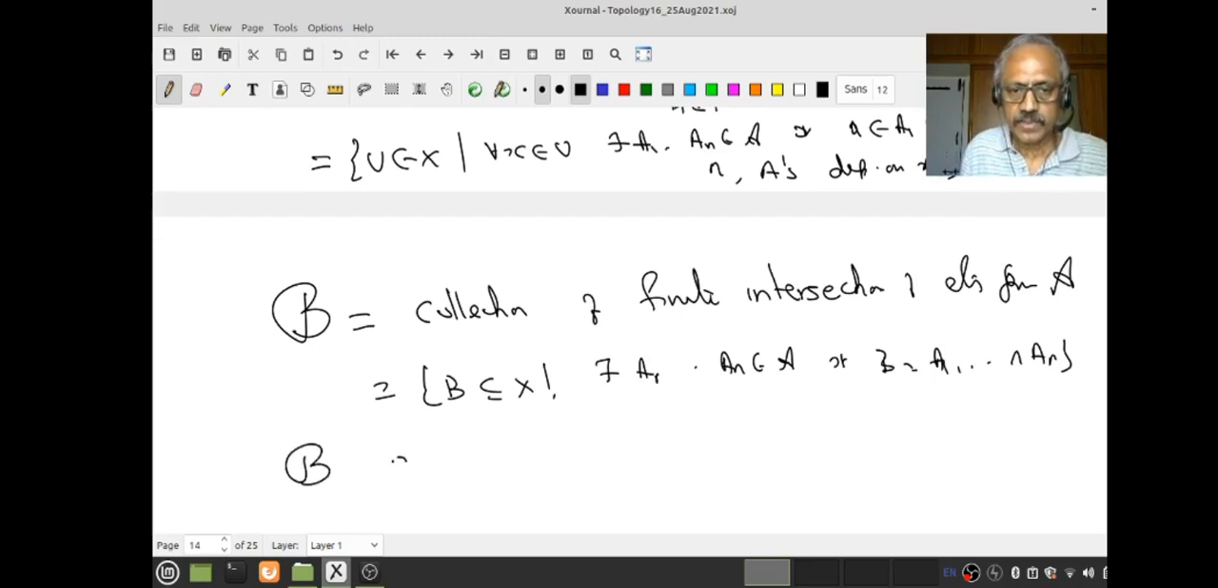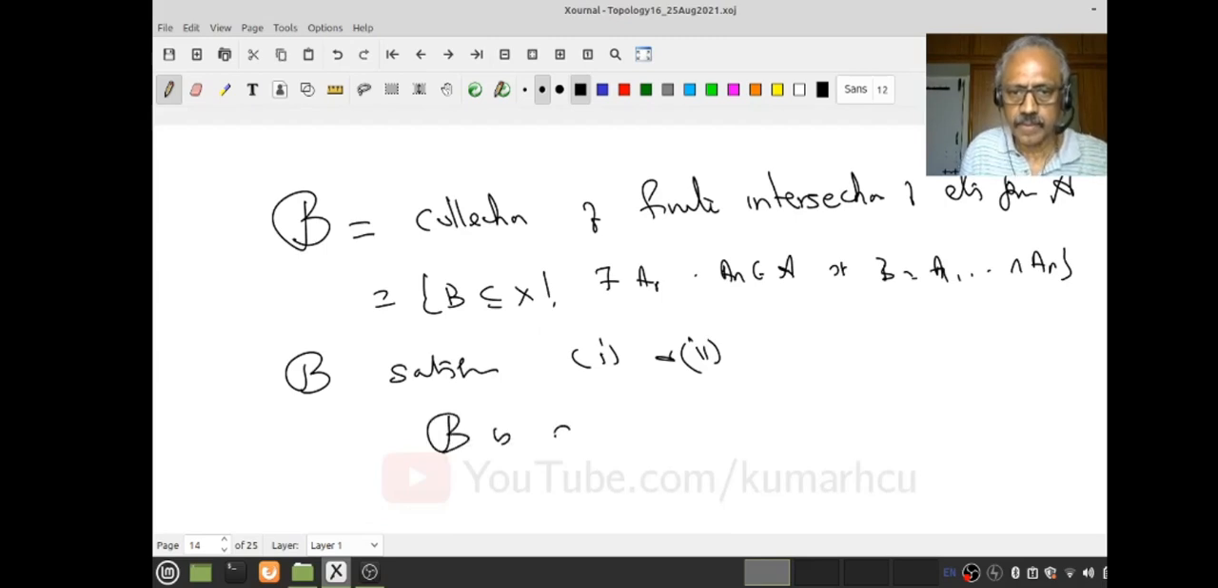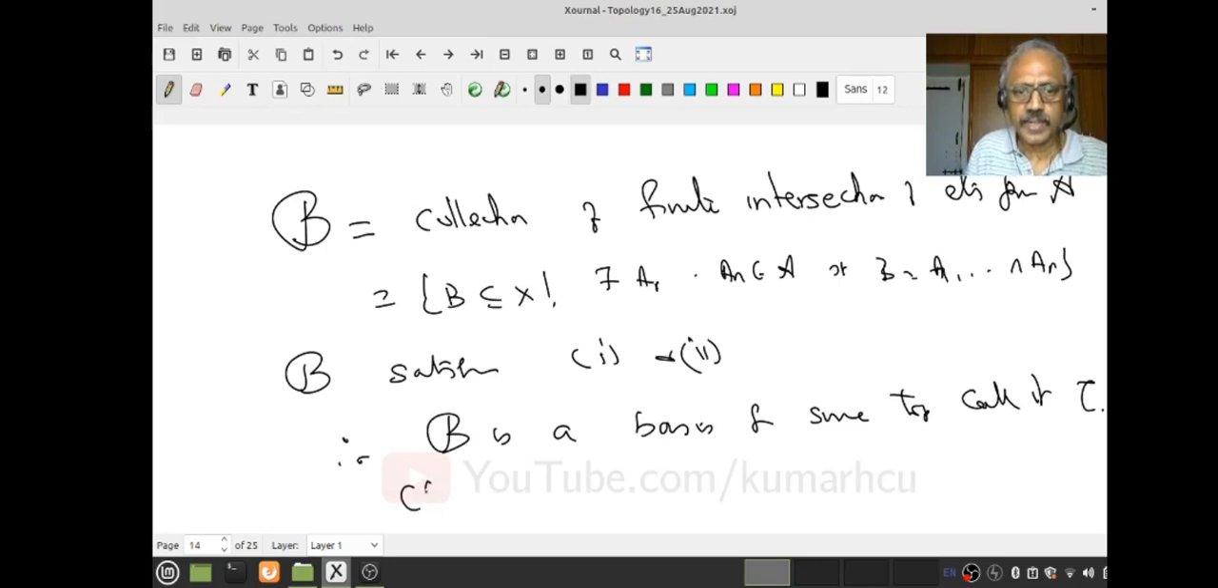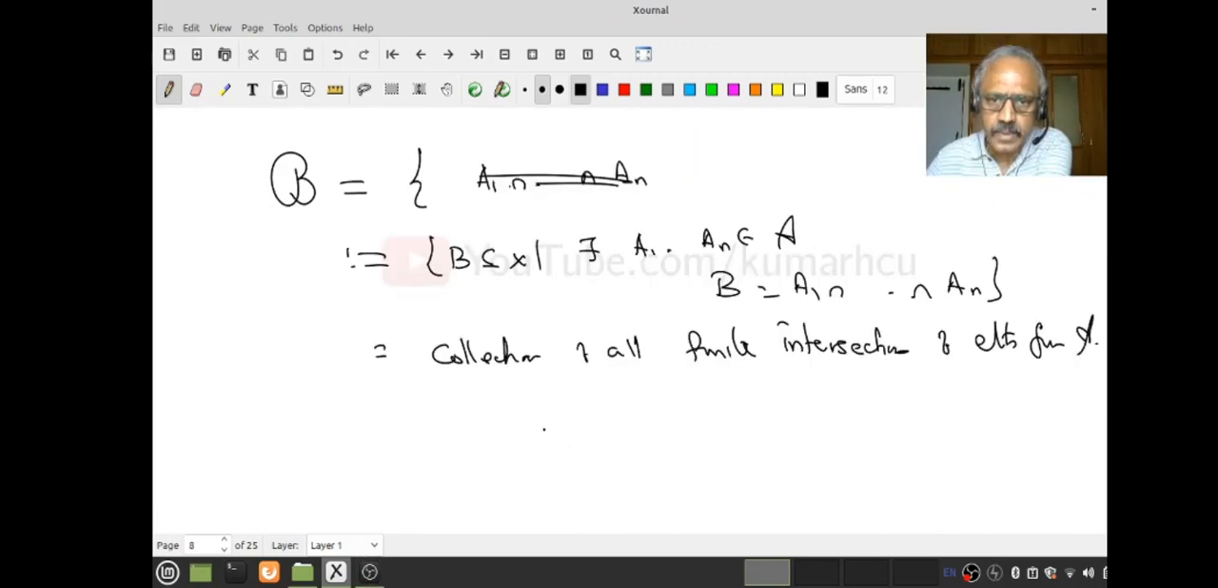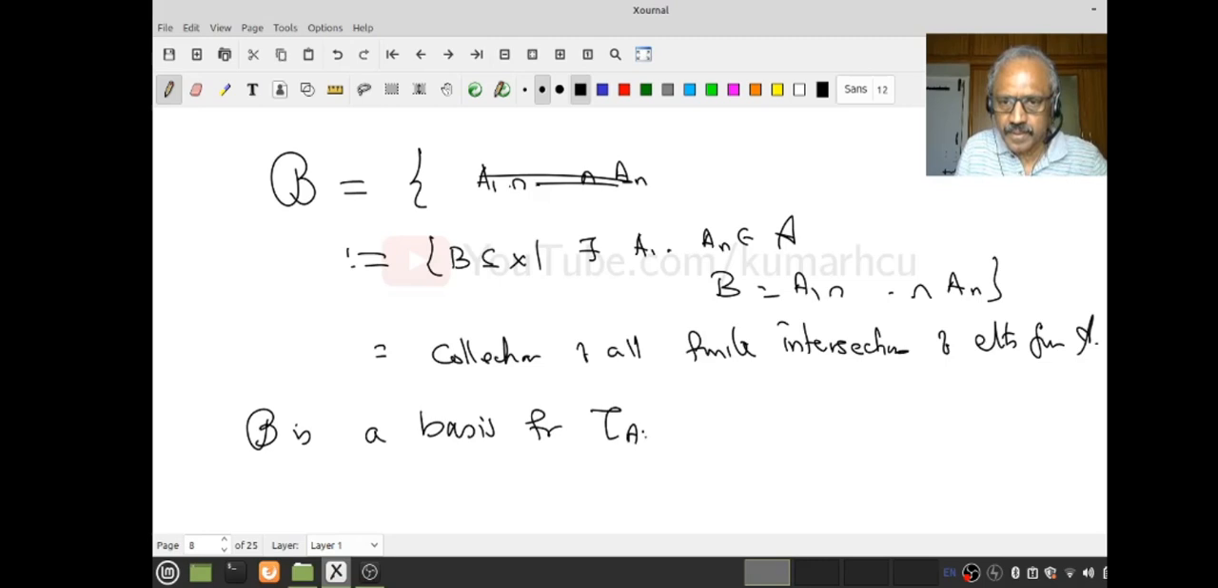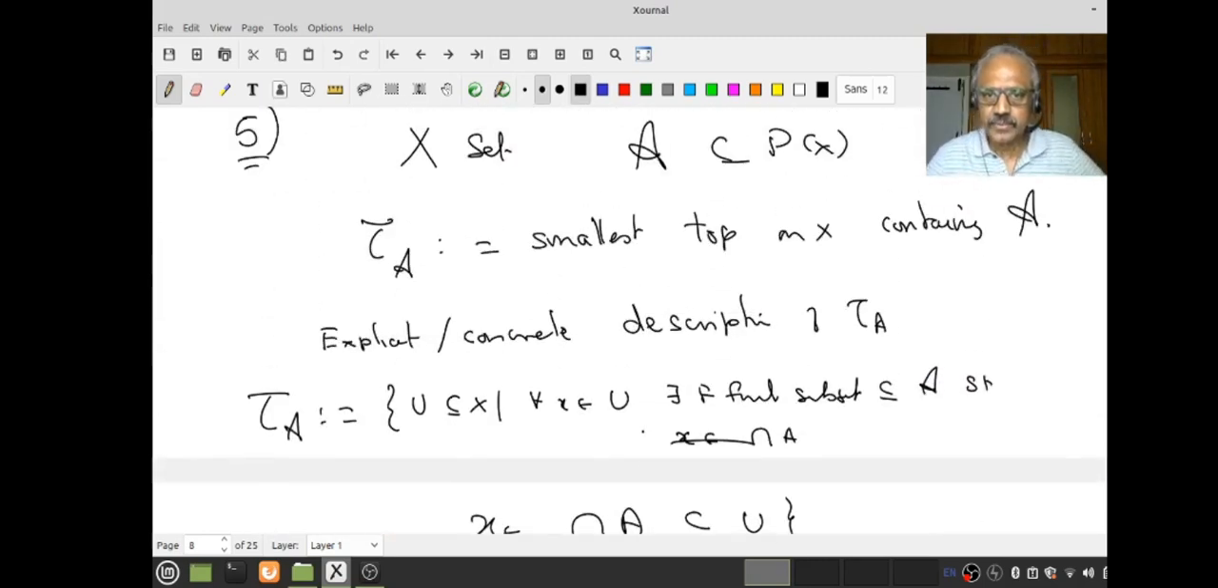Then what we saw was B satisfies 1 and 2. Therefore, B is a basis for some topology, call it tau. What we claim is tau u and tau A are the same. This is what we proved. So we claim the script B is a basis for tau A. Therefore, we actually did, if you notice, without saying I had a script B,